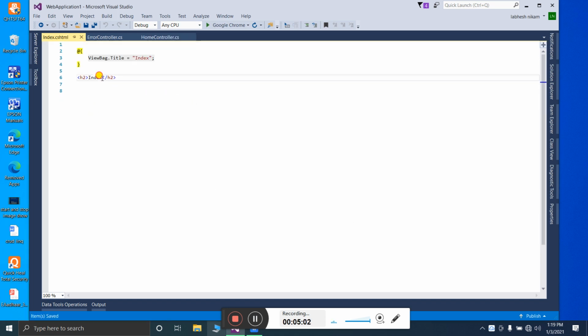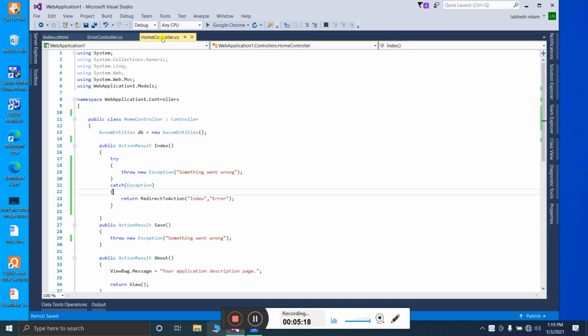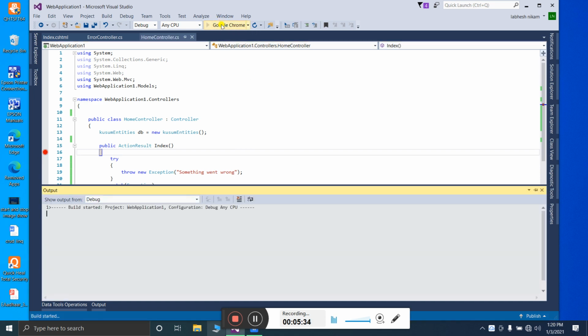Inside of that I will write the error: please contact admin. Whatever you want, you can give as the error. So this error will be displayed in place of the system error using this try and catch block. Let's put a debugger point here so that we can know the flow. Let's run the program and see.